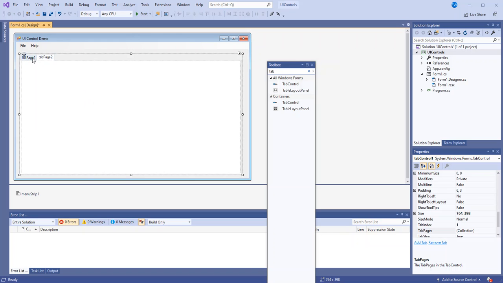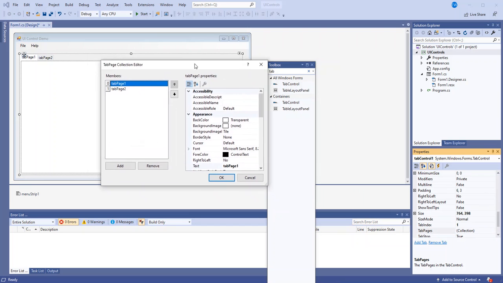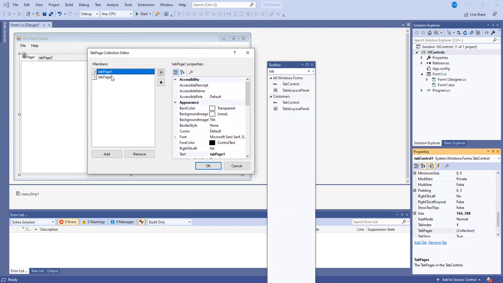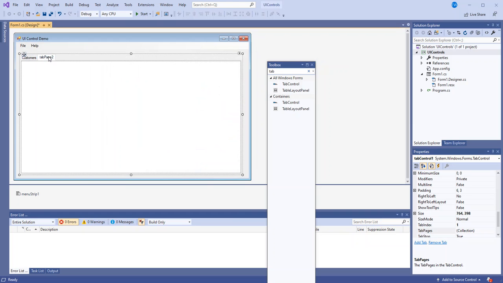Now, how do I control what tabs are actually on this? That is in the tab pages collection property of this control. So if I go down here to the tab pages property and click on the ellipsis, now I can add and remove and reorder the tabs that are on this control. So maybe I have a tab called customers or something,